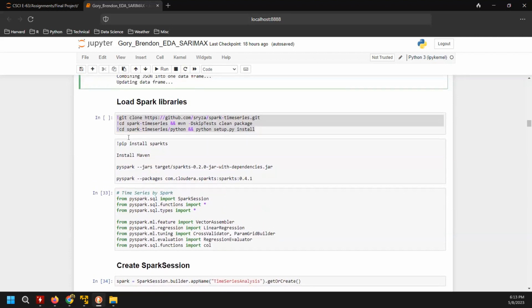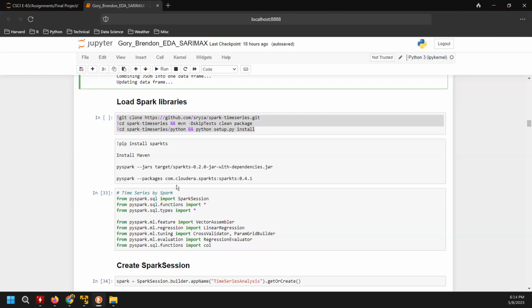And we're now going to try to install Spark TS. This looked like the best API package for time series for Spark. However, we did not have much success installing it. We went right to the GitHub repository. It installed, but it would not import in Python. And then we tried another way of loading PySpark with the dependencies, the jar package for Spark TS.